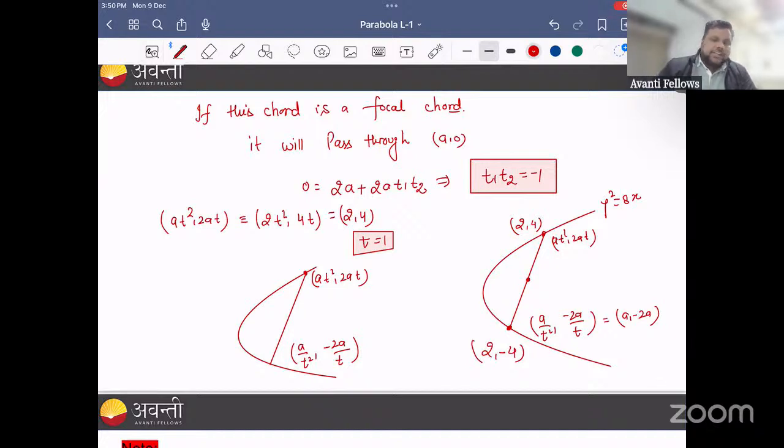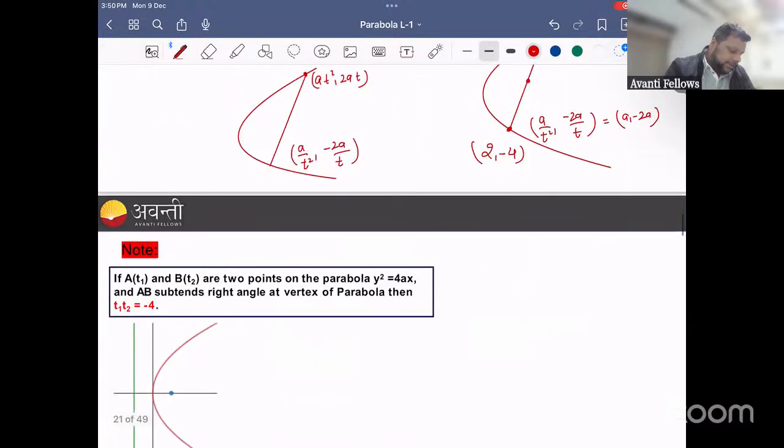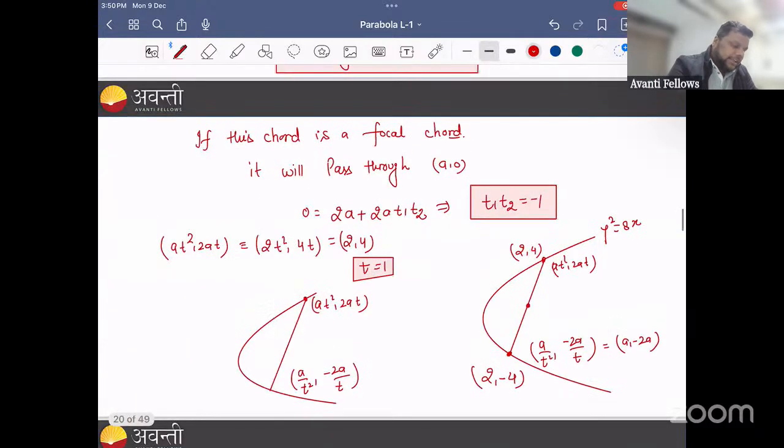A upon t square minus 2a upon t. This is the relation between the ends of a focal chord. And it makes our things very easy. Like if I take an example,